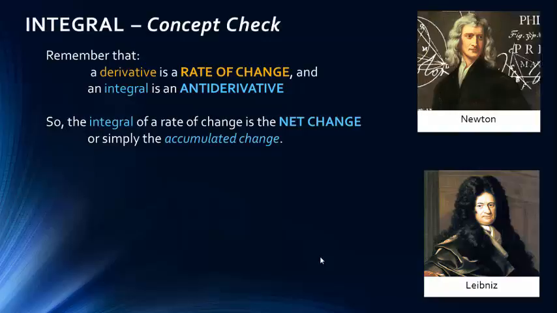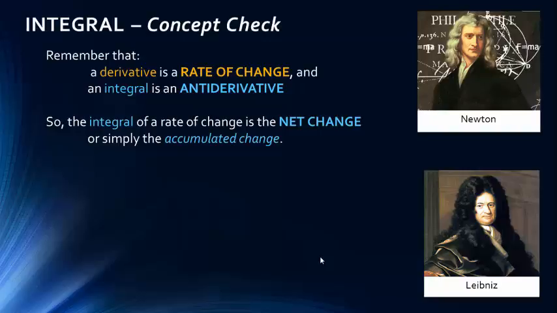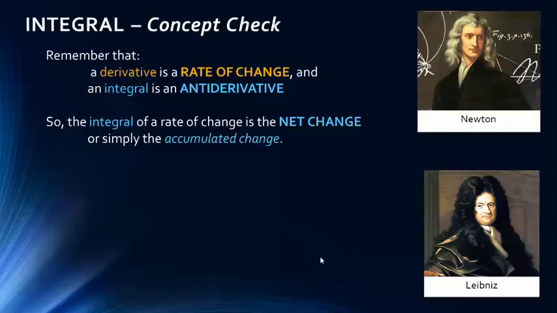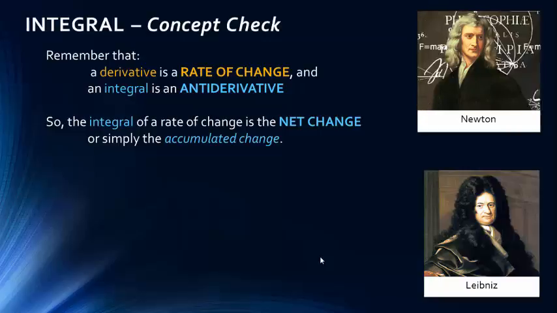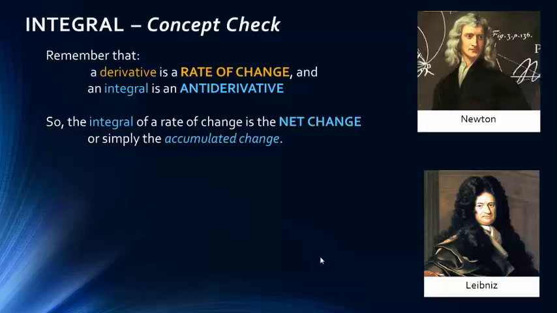So the integral of a rate of change is the net change, or simply the accumulated change. Okay, it's the accumulated change. So while a derivative was how things are changing in an instant, the integral tells you how much change occurred